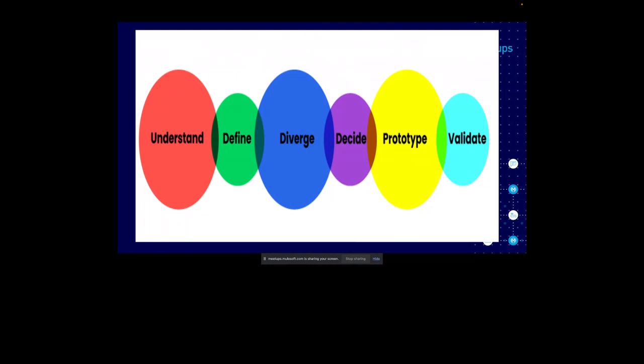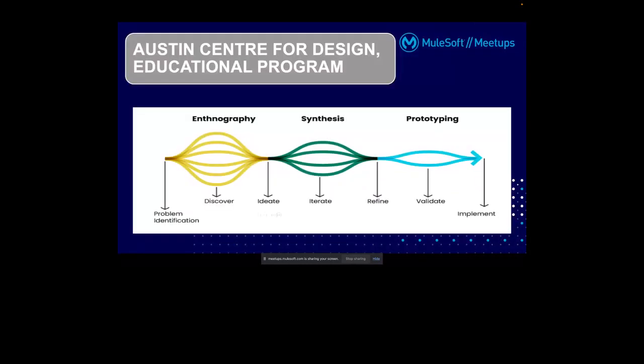So when you're understanding the problem, you have to define the problem as well. Now these are some pre-built models given by some industry experts. For example, the Austin Center for Design educational program says that it's a spiral thing. Problem identification is a point, but in the infographic, where they discover, there are seven different spirals. It goes with seven different types. So you have to discover